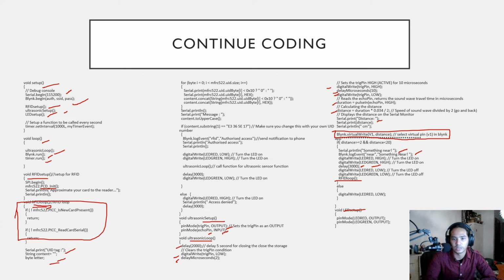This is for bytes, where every card has its own bytes. It will print out the message of the card. This is for security. I initialize this: I set one card so that only that card can access. That card has its own key, or unique ID. This is my card's unique ID.